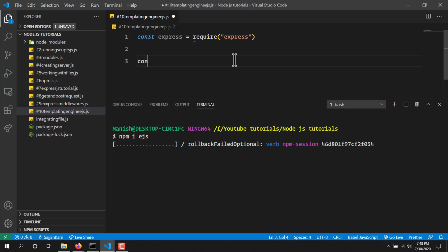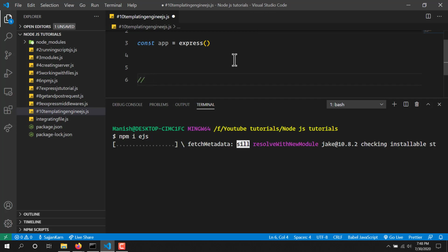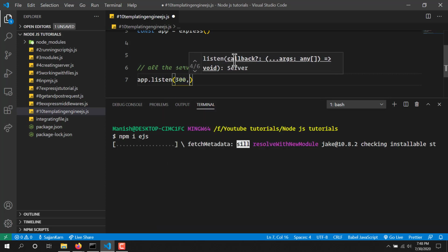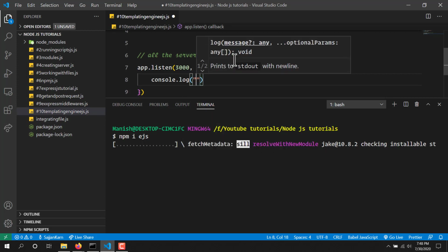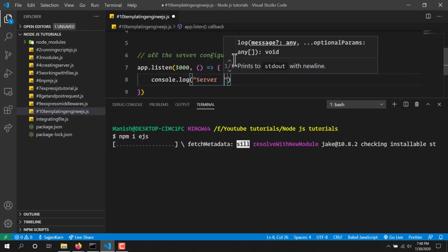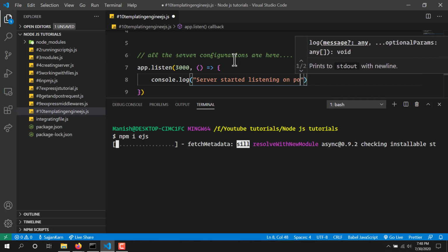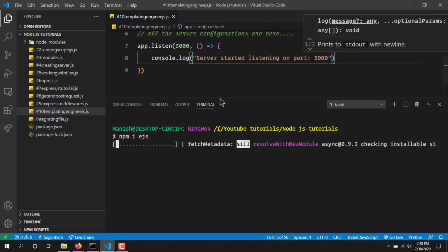Let's create our basic server. So I will here write const app, and we will write all the server configurations here, and we will make our server listen on port 3000, and we will have a callback, and this callback will be console.log server started listening on port 3000. And I don't know why it is taking a lot of time to install,